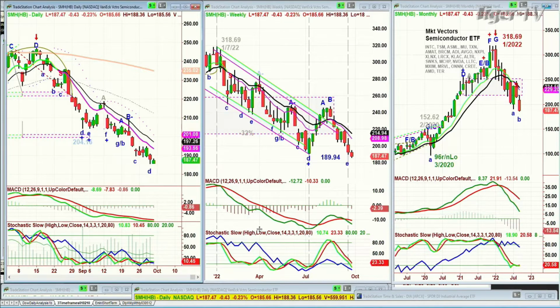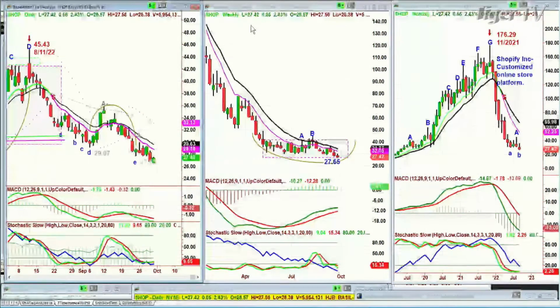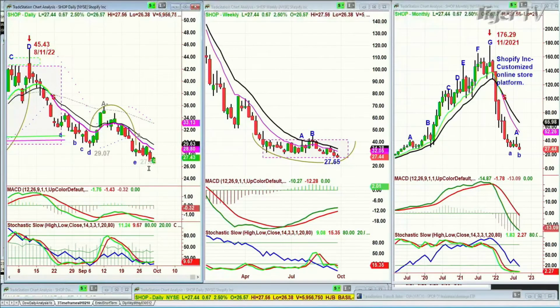But all of these charts are suggesting, based on the daily, weekly, monthly charts, that stocks, and I'm going to include once again Shopify, because to me this is just a great benchmark of a company that seemed to be doing everything correctly and making huge profits on paper. Shopify Inc. customized online store platform, 176.29. It was what, 20 for 100? What was a huge split. So the price right here is the split price at 176.29 back in November of 2021, and trading at today's low of